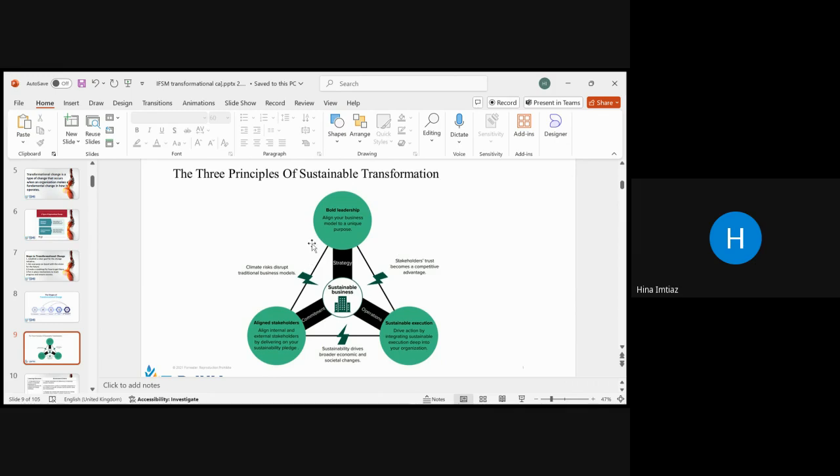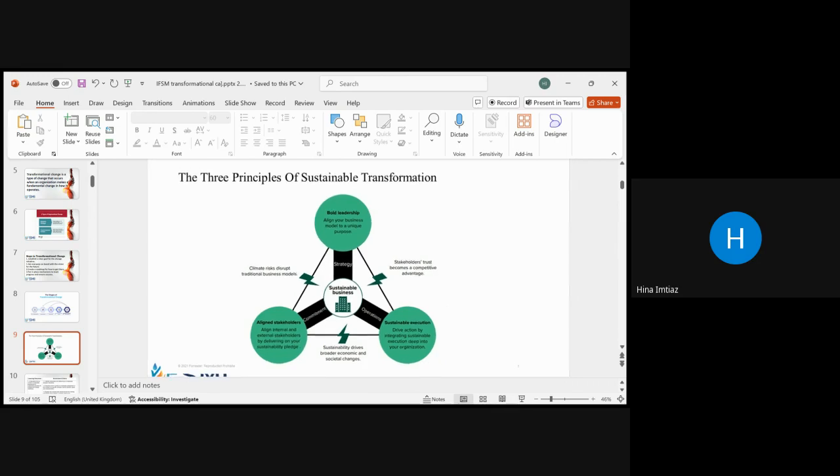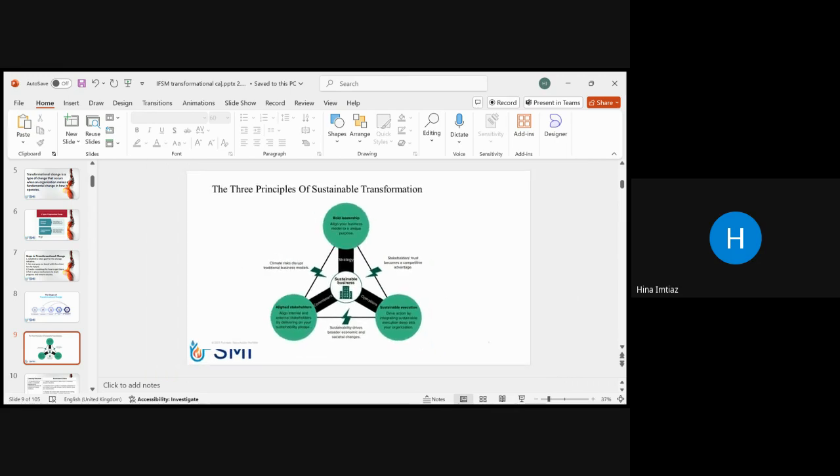The climate risk disrupts the traditional business models, and you have to gather all the stakeholders, and you have to execute such a plan with proper planning, so that you drive the entire transformational plan in such a manner that each and every person will perform and the entire organization will get the benefits. Okay, so